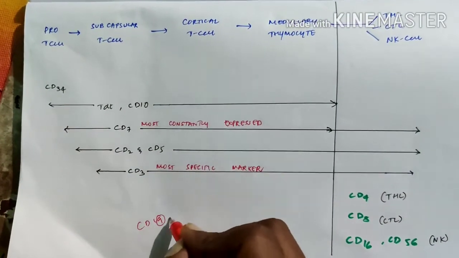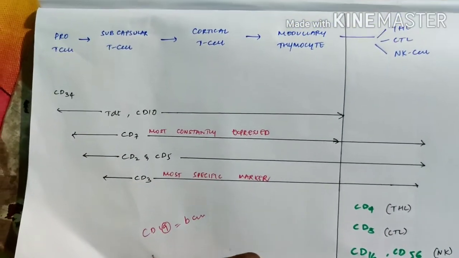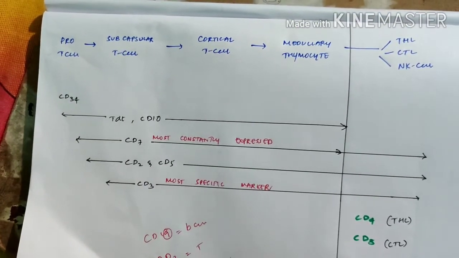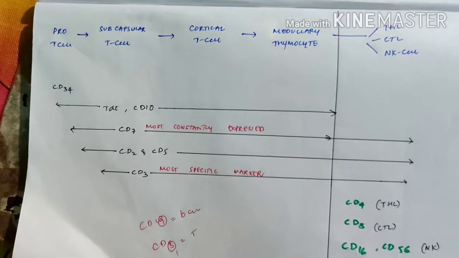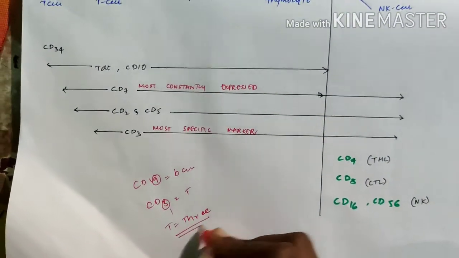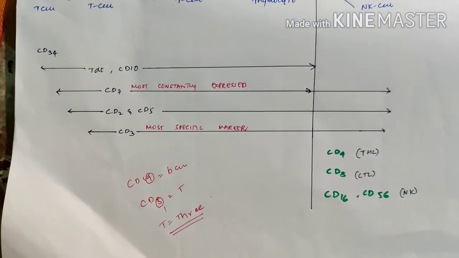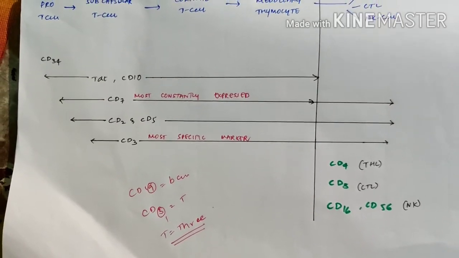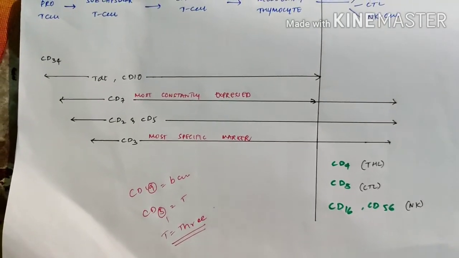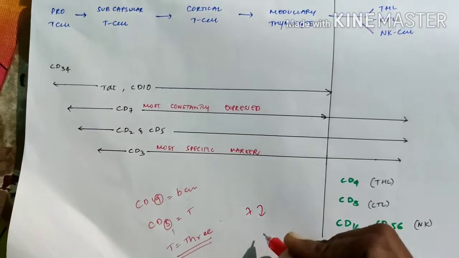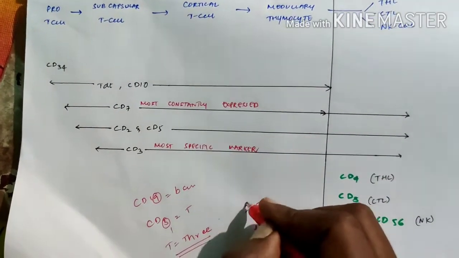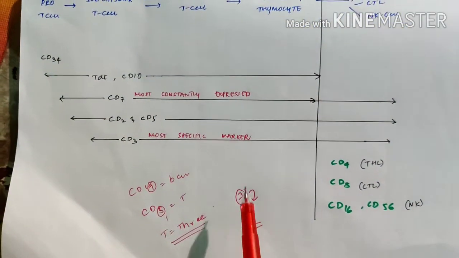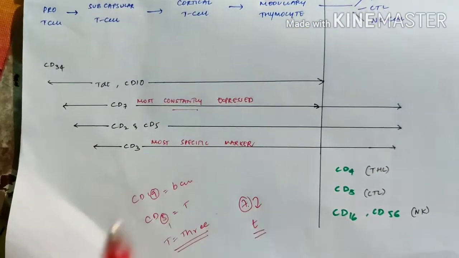CD19 for B cell, same here. CD3 for T cell, T for 3. CD3 is the most specific marker for T cell. When you reverse the 7, you'll get T. So CD7 is the most constantly expressed marker